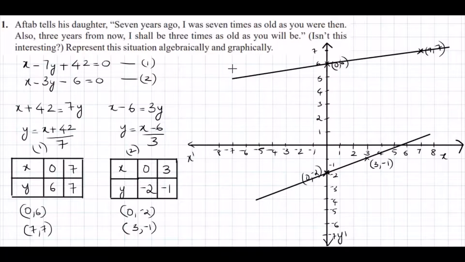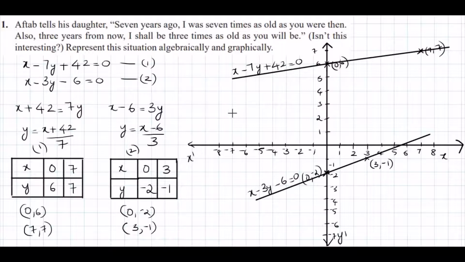So this line represents the equation x minus 7y plus 42 equal to 0 and this line represents the equation x minus 3y minus 6 is equal to 0. So while checking you can see these are not parallel. That means they will intersect at one point. So we will have a unique solution. So this is the representation of these two linear equations in the graph. That means you will get a unique solution for this question. By reading the question itself you are sure, because a person can have only one age. So there is only one unique solution.